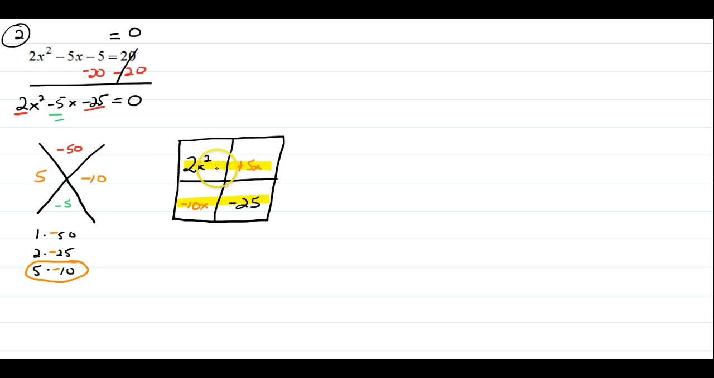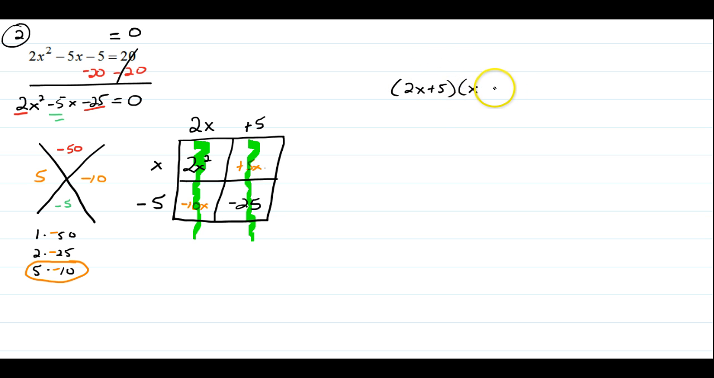2 can't go into 5, but they both share an x, so I can take an x out. They're both negative, so I'm going to pull a negative out. 10 can't go into 25, but 5 goes into 10 and 25, so I can take a 5 out. Now let's look at the column. 2 can go into 10, and they both have an x, so I can take a factor out of 2x. The small number, 5, can go into 25, so I can take a 5 out, and only one has an x. So now we can write it as 2x plus 5 times x minus 5